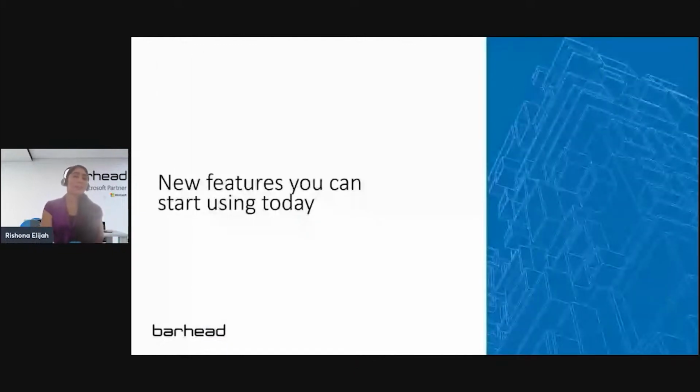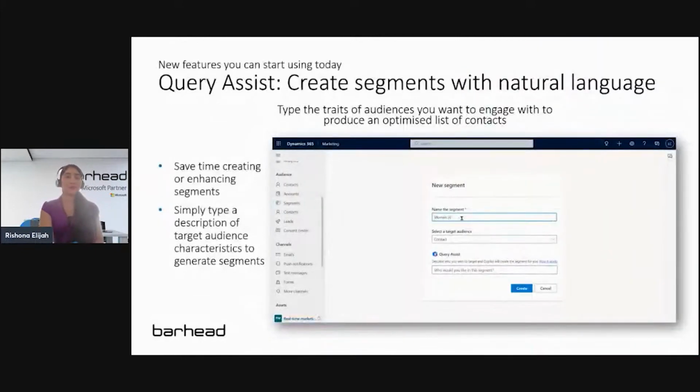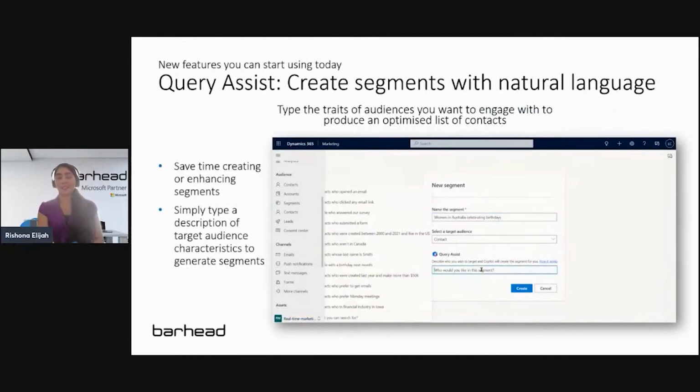So those features that we've just covered are things that have been around in real-time marketing for some time now. So let's move on into things that are newer. And what are the latest features that you can get started using today? So my favorite side of this is all of the Copilot and AI stuff that we have coming to our